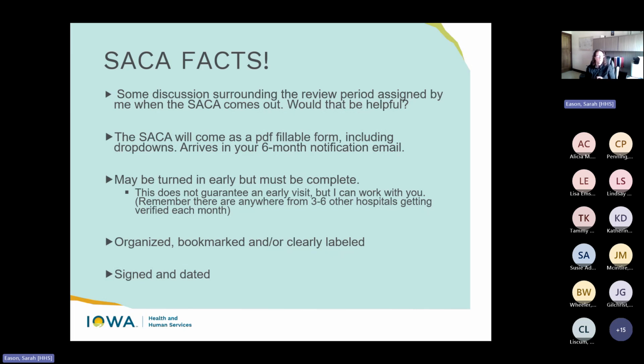If you do decide to turn it in early, it must be complete, meaning the numbers have to make sense. Your registry needs to be complete. It can't be, hey, we just took this to trauma committee 2 months after I submitted my SACA. I just wanted you to have this. Well, it really just needs to be complete. I will lose track of policy here, from this hospital to this hospital. Please add this to my SACA in that 4-month time frame. So try to make it as complete as possible.